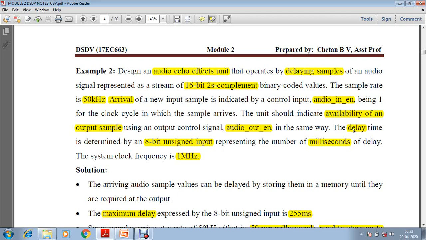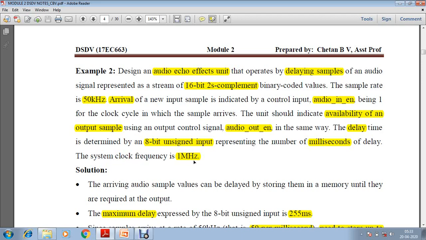The delay is also an input for our system, and it is an 8-bit unsigned input. So the maximum value that you can generate from this 8-bit unsigned input is 255, and this delay is represented in milliseconds. The system clock frequency is 1 MHz.